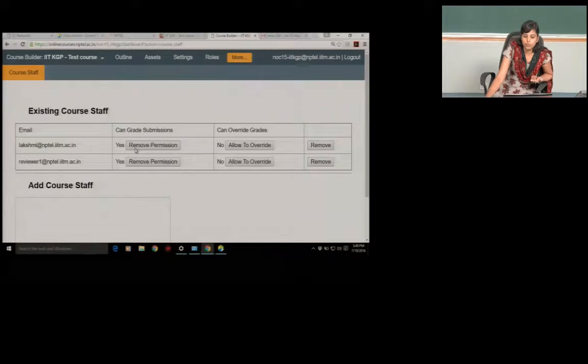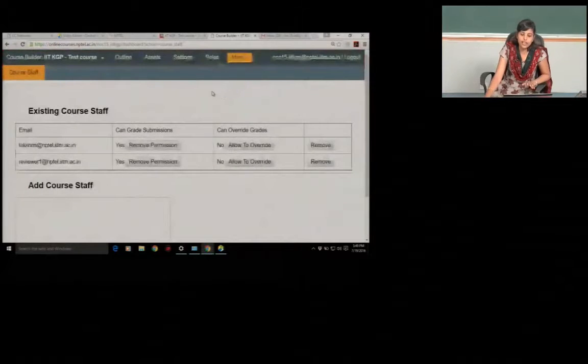Here you can see this tab, can grade submission. If you remove the permission, that ID cannot evaluate the submissions from the students, but they will be added as a course staff and will remain as a course staff. They don't have the permission to access the assignments.